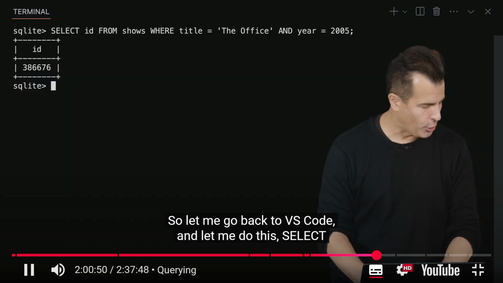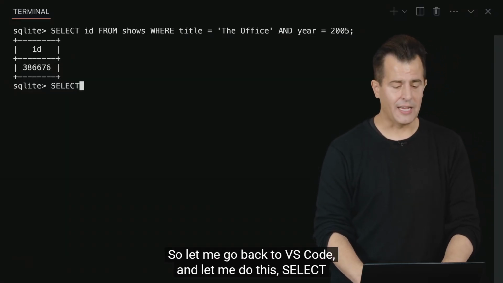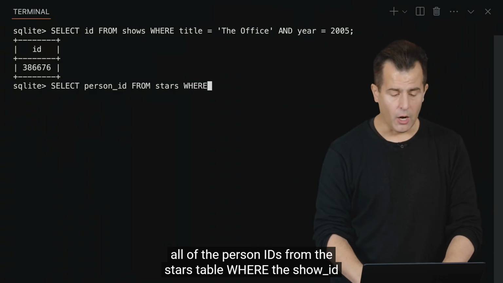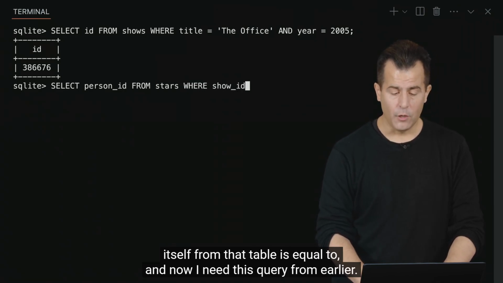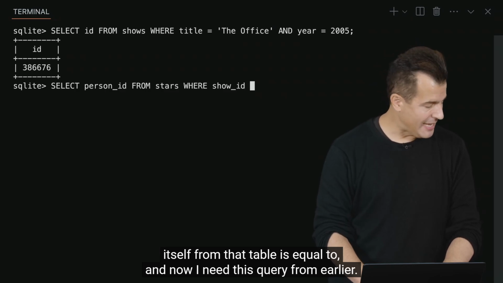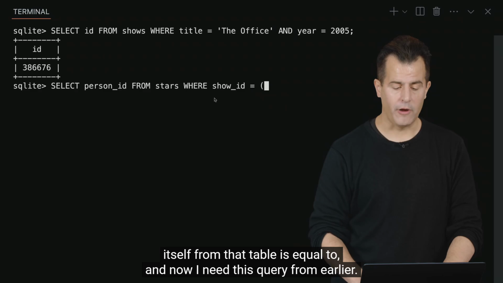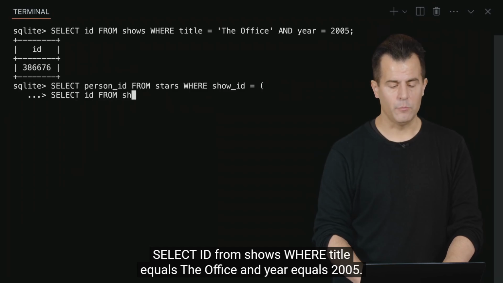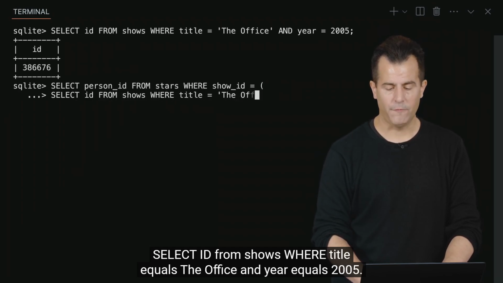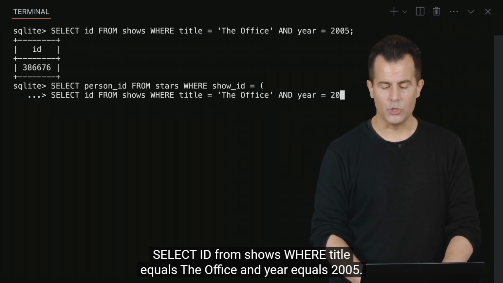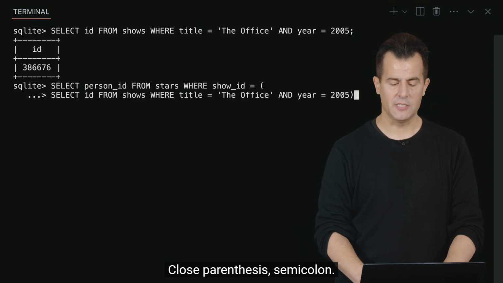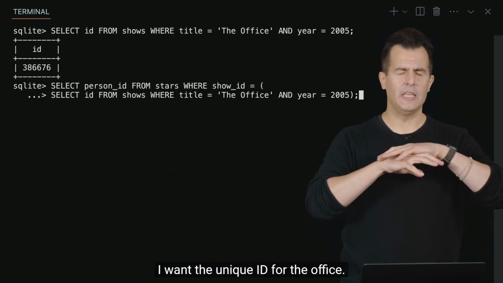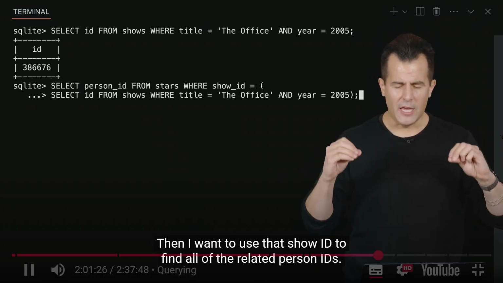So let me go back to VS Code, and let me do this. Select all of the person IDs from the stars table where the show ID itself from that table is equal to, and now I need this query from earlier. So let me go ahead and do this maybe on a second line. Select ID from shows where title equals The Office and year equals 2005, close parenthesis, semicolon. In other words, I've got a nested query again, per my parentheses. I want the unique ID for The Office. Then I want to use that show ID